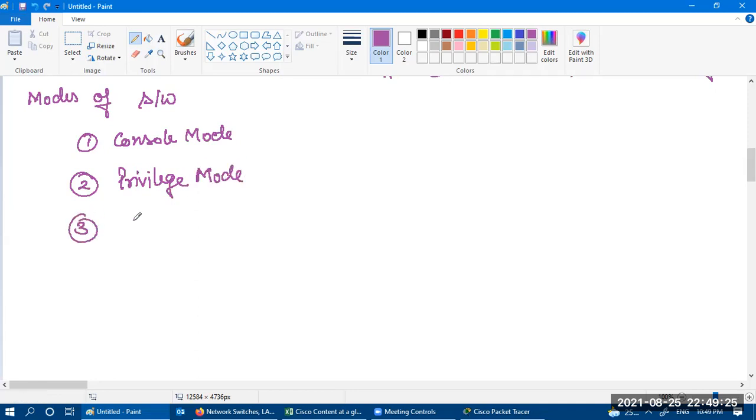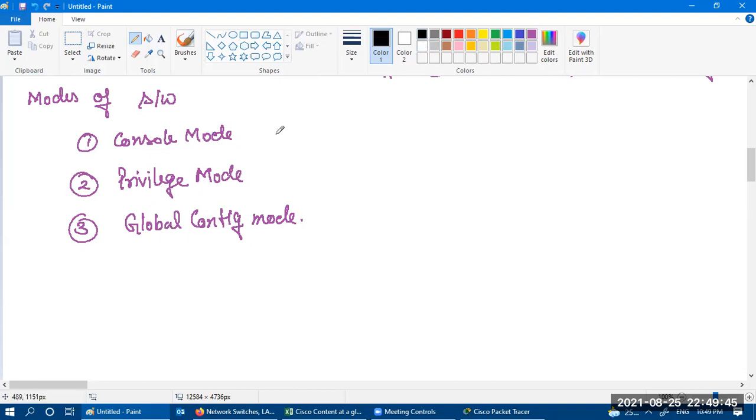And third one is global config mode. Exactly, if you compare with the router, it also has these three kinds of modes: console mode, privilege mode, and global configuration mode.